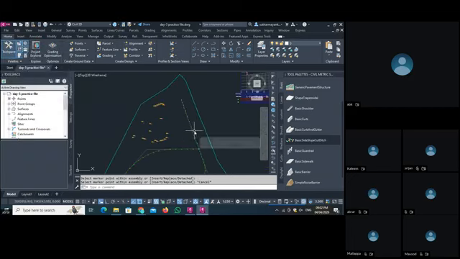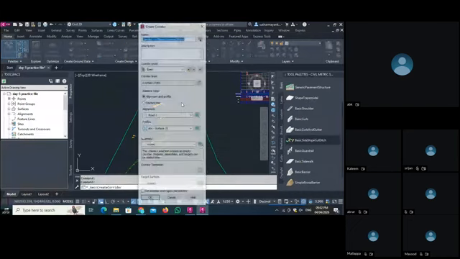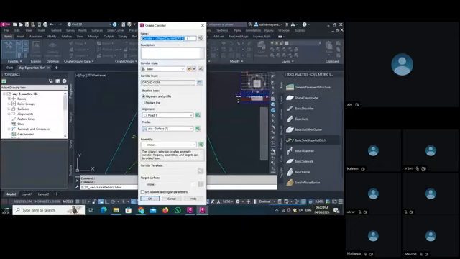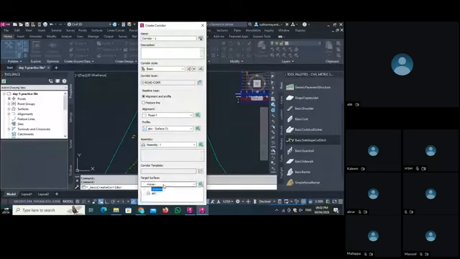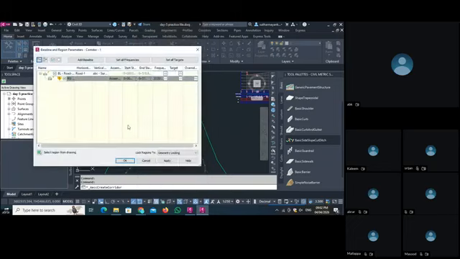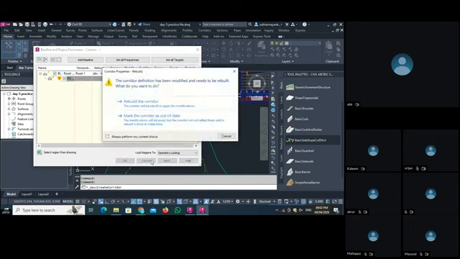For the corridor, you have to go to the corridor option, and then in the corridor you give the name. I will provide the name as corridor number 1. Then alignment and feature line select. Then select assembly number 1 as I created. Then we select the target as a surface, and then set OK. As I set OK, I have a baseline and I have a region. These two things, and I click apply and reveal the